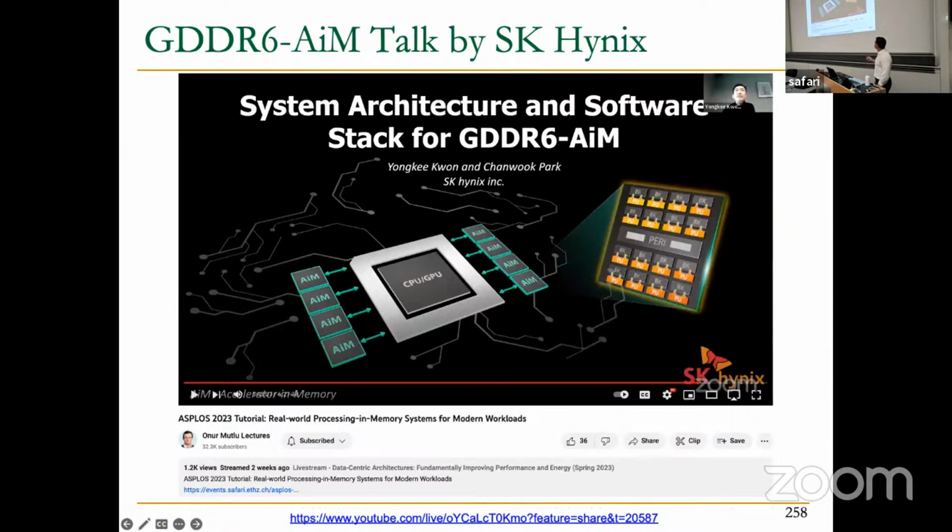So yeah, this is what you can talk about. They have an entire computer system stack for this, including SDKs and everything, and then you can check their lecture online to learn more about that.